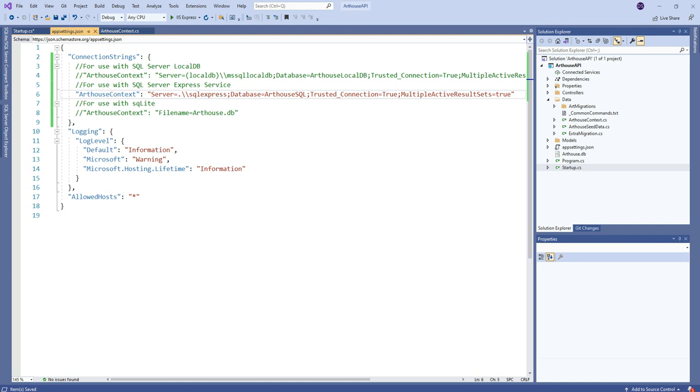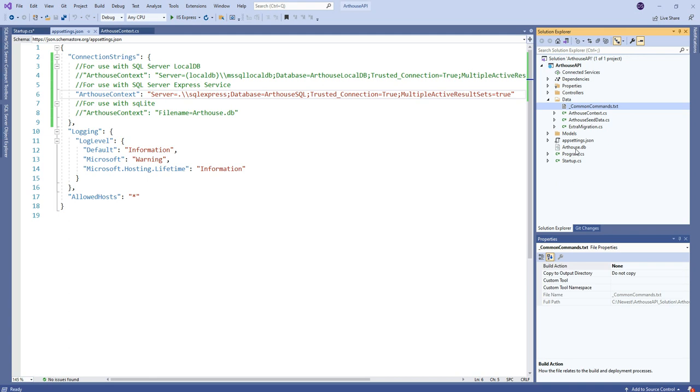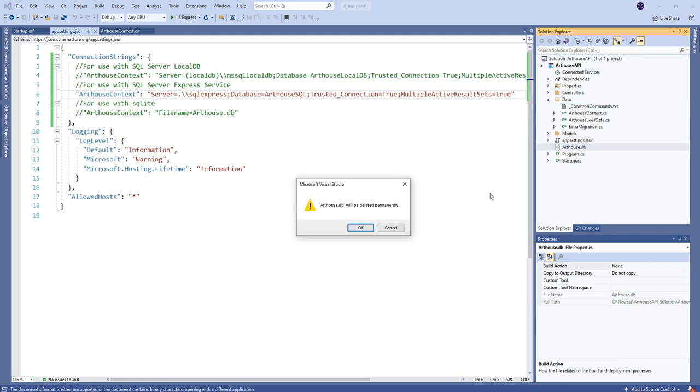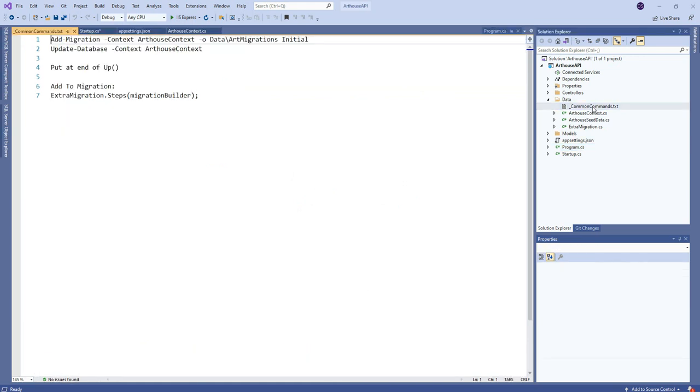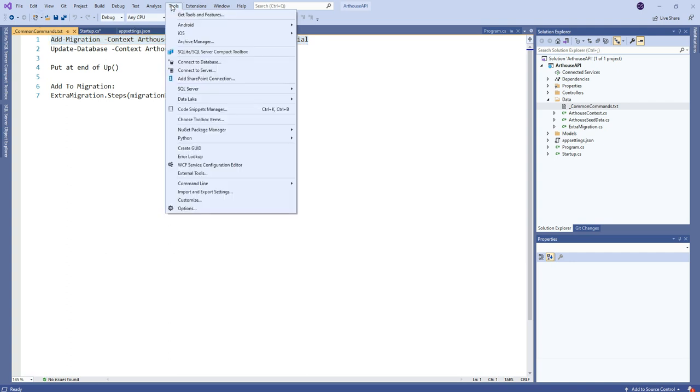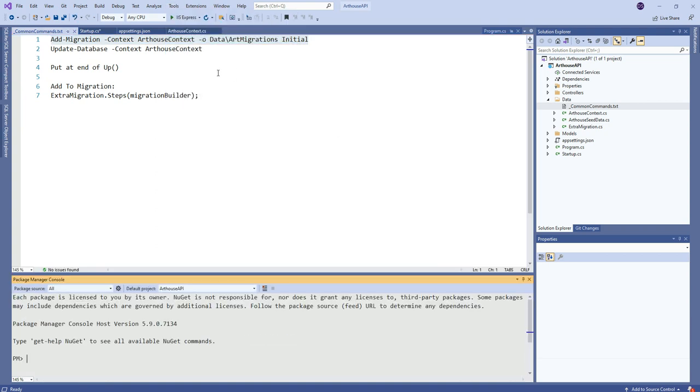So what I want to do next is come over here. Now I've got my art migrations, but this was set up for SQLite, so I might as well just delete this. Notice the database is still here. I'm not going to use it, so I could delete it as well. I wouldn't have to, but I could. And let me just open my common commands here again. So this command actually will work just as it is. If I come down here and open the Package Manager console,